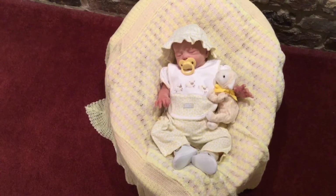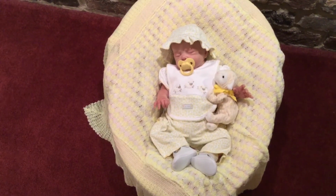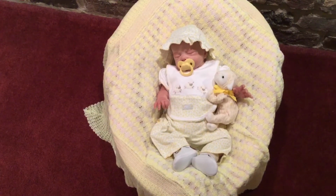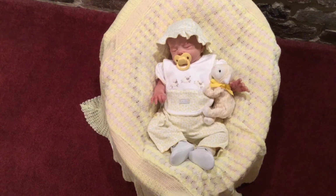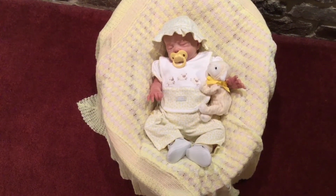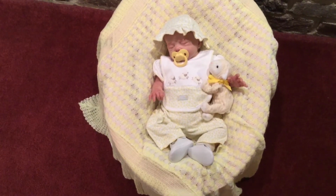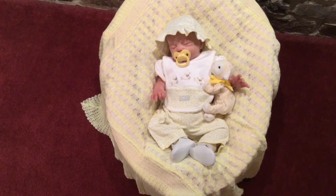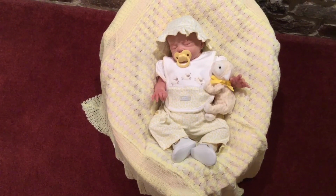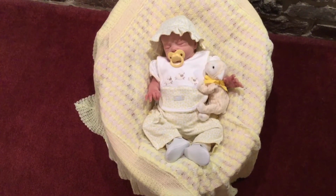Well, I went to Lily Beth's closet and I looked and looked and looked. And in her summer wardrobe, I have very few outfits that actually have animals on them. I have several with fish, frogs, other things, but not what I would consider something truly appropriate for today's theme. And so I went back to my